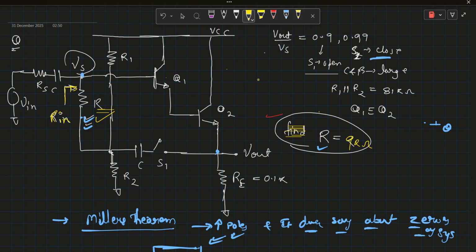First see the circuit for yourself, then come back to the solution. These are some initial conditions. This is 81 kilo ohm. This is Q1, Q1 and Q2 are same, and the voltages are Vs. This is our prime focus, Vs by Vout. Vout is given, and switch 1 is open and switch 2 is closed. So a person who knows Miller's theorem will get the solution instantly, and who does not know Miller's theorem